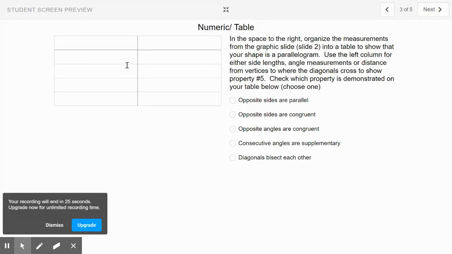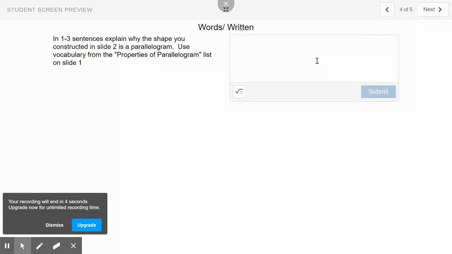Here, you're going to fill out, you can choose between the opposite sides are congruent, opposite angles are congruent, and then fill in like segment AB and type in its length, segment AC, type in its length, or you could do angles and you could explain the angle measurements there. Here you'll write 1 to 3 sentences explaining why, and here you'll do